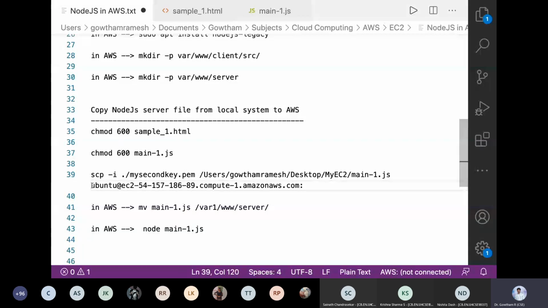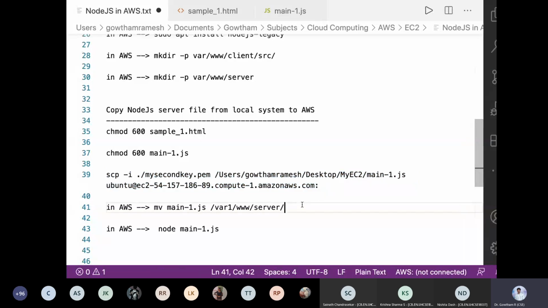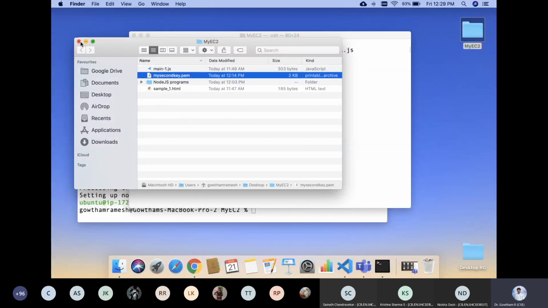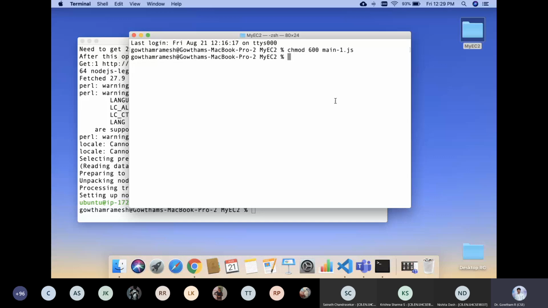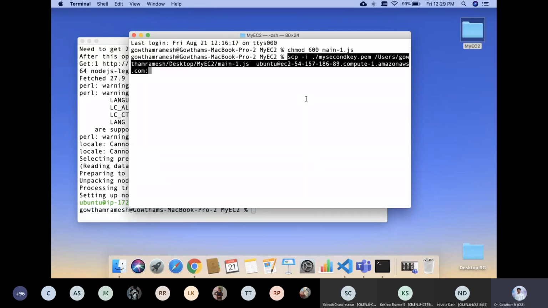In this particular username, in this particular host, where do you want to copy the program main1.js? I want to copy it in the home directory itself. So the colon specifies the home directory. So copy the complete command and execute this from the terminal where you have both the programs.